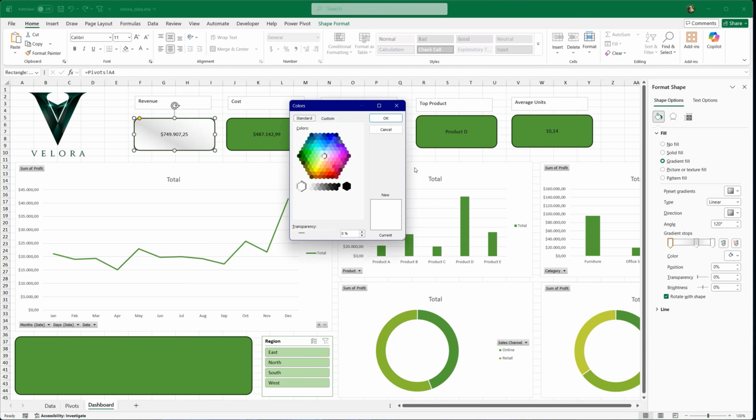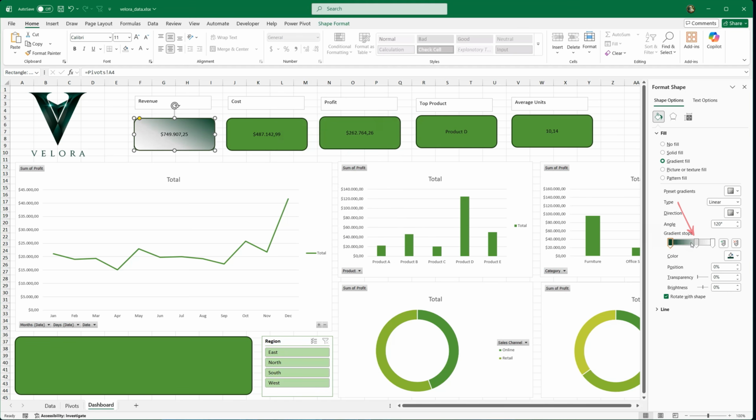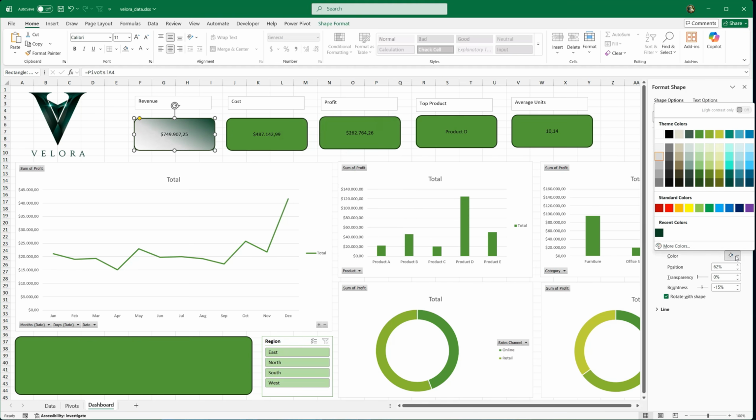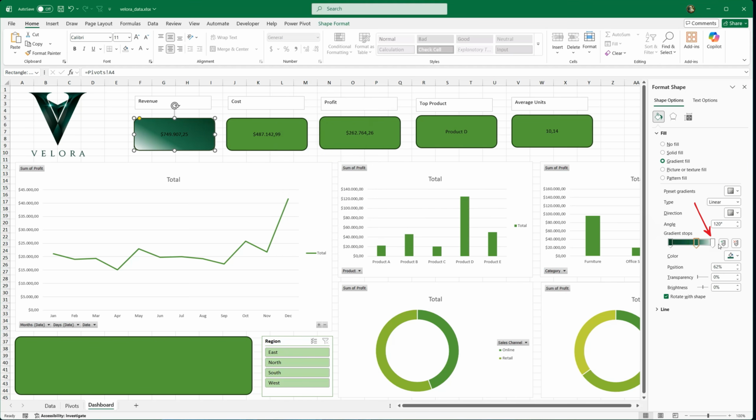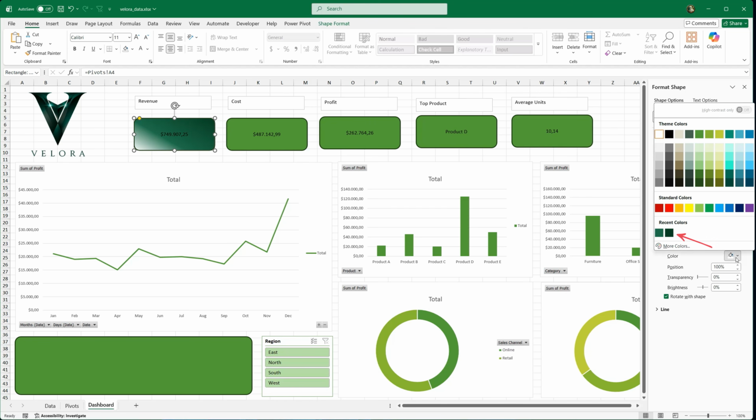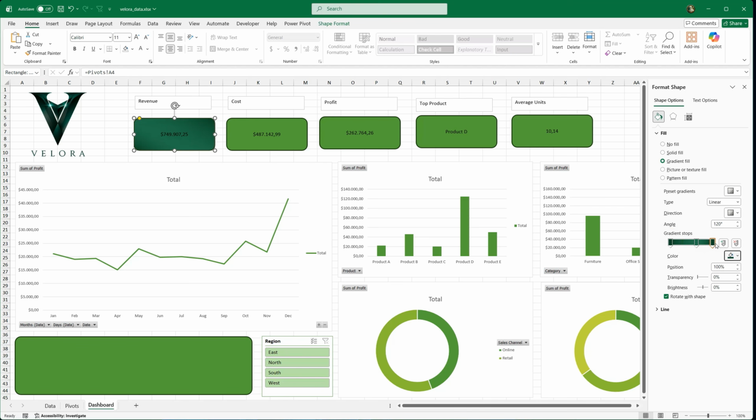For the first color stop, we will create a custom dark green. This looks good. For the second stop, we pick something slightly lighter, just enough to create a subtle color transition. And for the third stop, we can select again the first deep green, which you can find quickly in the recent colors. Now, by dragging the gradient stops, those small markers you see on the gradient bar, we control where